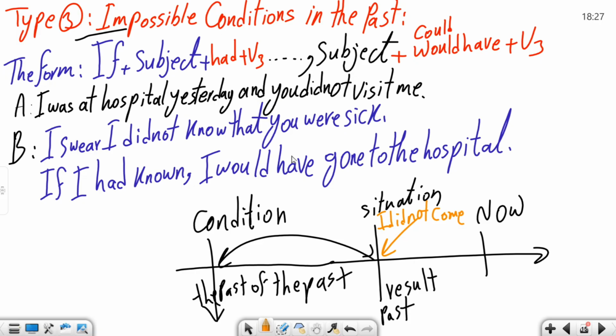I didn't know that you were in the hospital. If I had known, in the past, I had known. If I had known you were in the hospital, I would have gone to the hospital. If I had known you were sick, I would have come to the hospital, or I would have gone to the hospital. As you see here, we use the past of the present simple, which is past perfect, and we